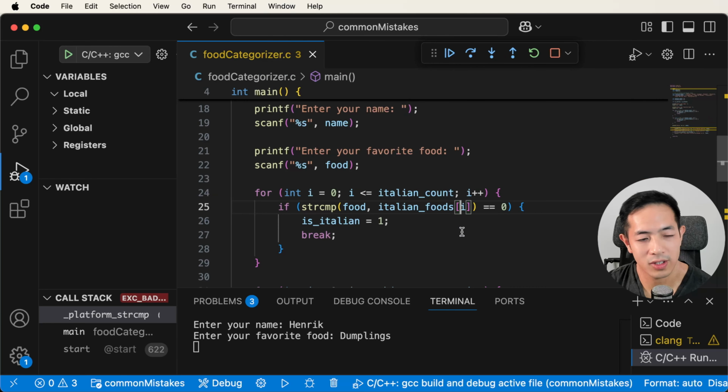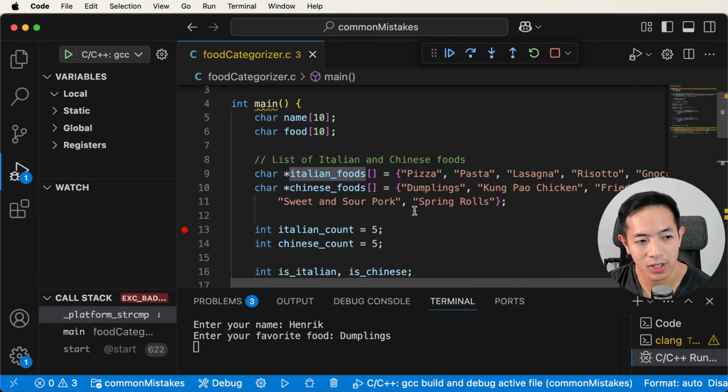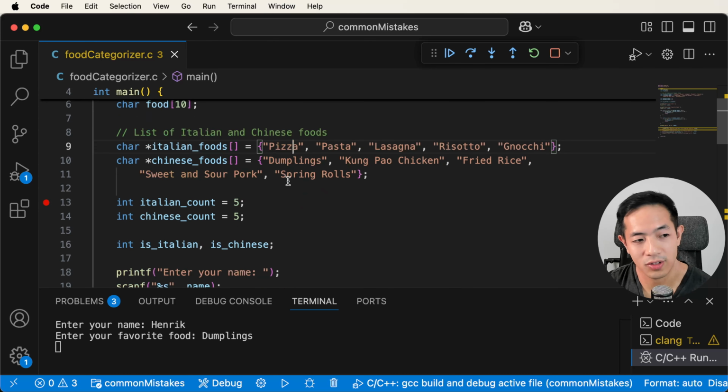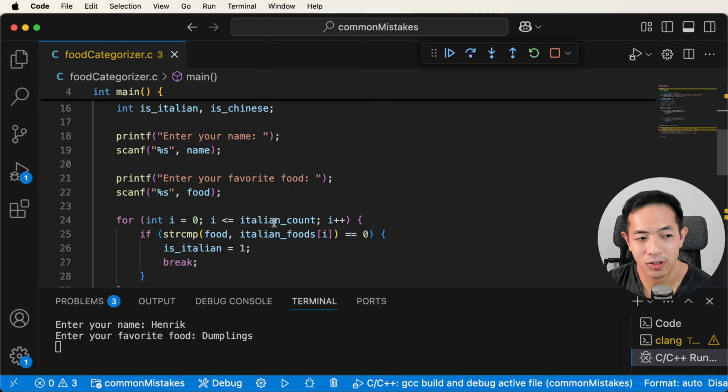So the reason why the error is happening is because we're using I equal to 5 in Italian foods, and Italian foods only has 1, 2, 3, 4, 5 elements. And so it actually only goes from the index 0 to the index 4. And so this is another common beginner mistake.